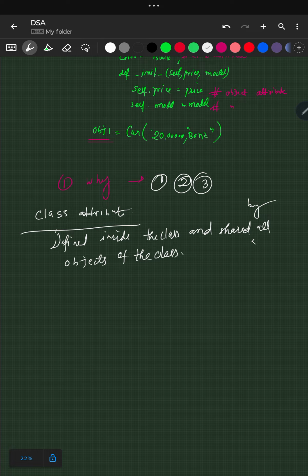So a class attribute is shared by all objects of the class, while